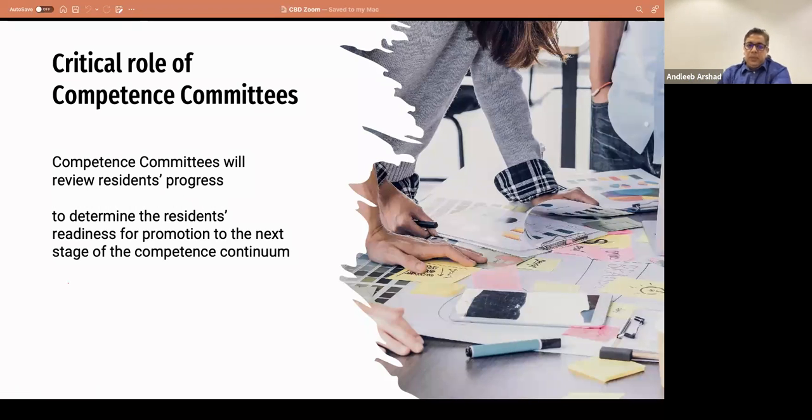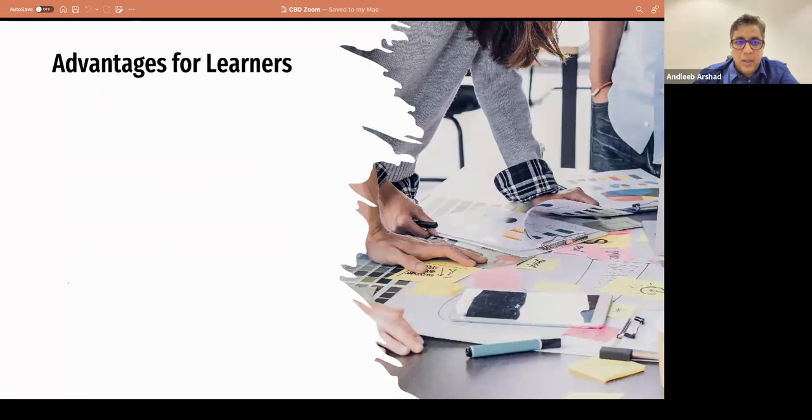Now, as we said, the competence committee decides on many things. The competence committee will review the residents' progress. That is actually their main job. If that stage had 4 EPAs, they would see if all those 4 EPAs are achieved. They will review every resident in detail and then determine if the resident is ready to be promoted to the next stage of the competence